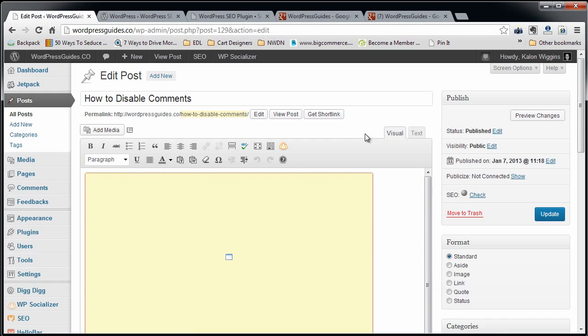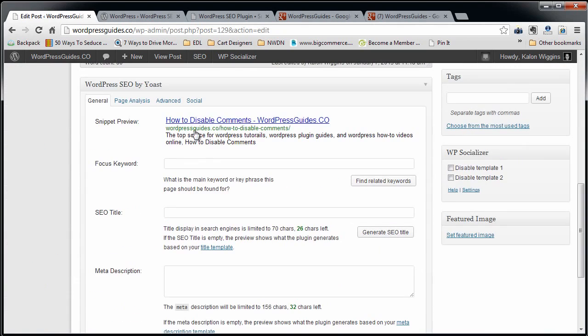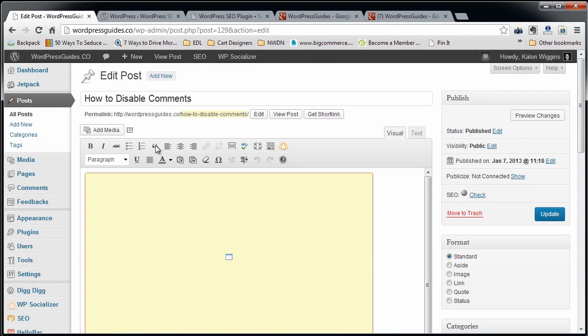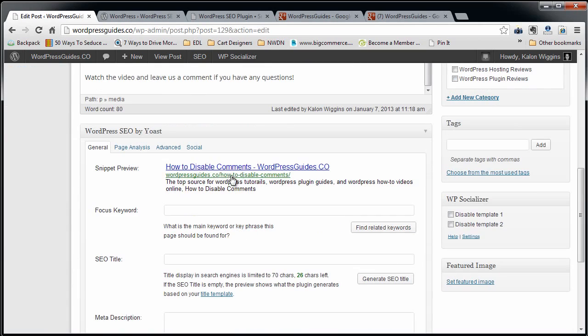So the way this works is you go into one of your individual posts and you scroll down. It's going to give you a snippet preview. This is super cool. The snippet preview gives you an idea of how this should look when Google indexes it, if this comes up in a search. So this particular one, called How to Disable Comments, will come up as How to Disable Comments, WordPressGuides.co. It shows you the URL of it. And then it says the top source for WordPress tutorials and so on. So that's my